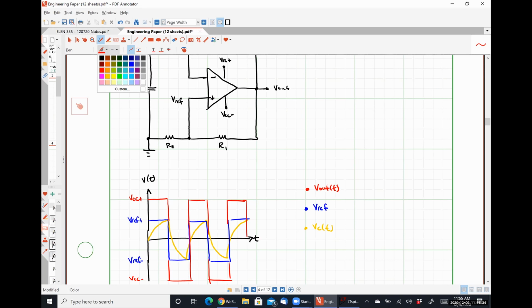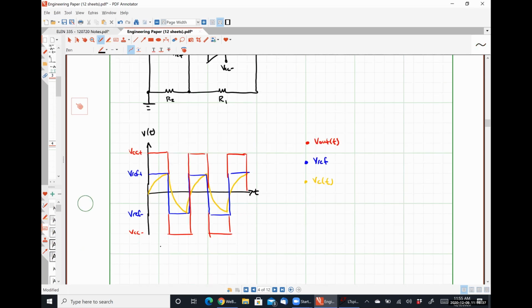Where this time distance, so for one full cycle of this guy, is the period of this function. And I'm choosing not to start at where we have t equal to 0 because the capacitor didn't go through a full cycle there. This period, T, is equal to twice RC times the natural log of (1 plus beta) divided by (1 minus beta), where beta